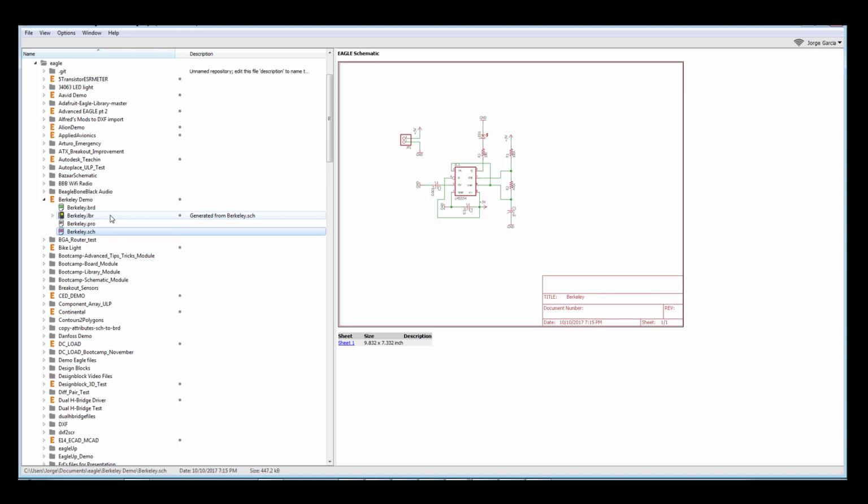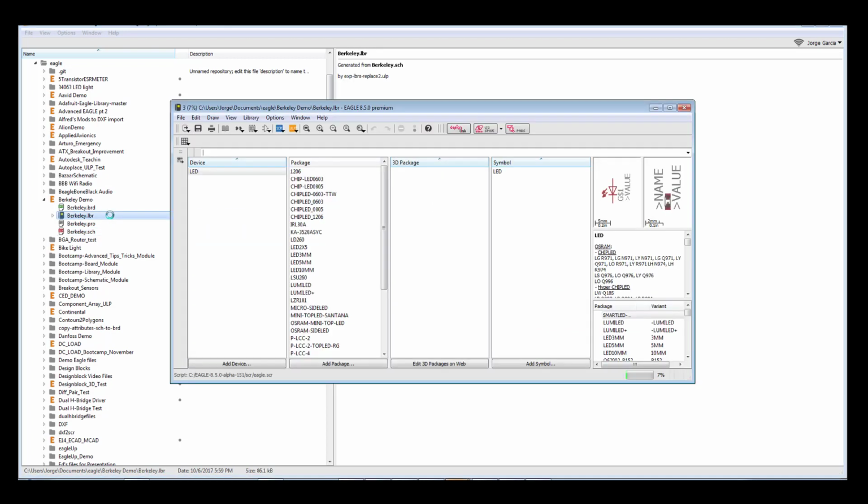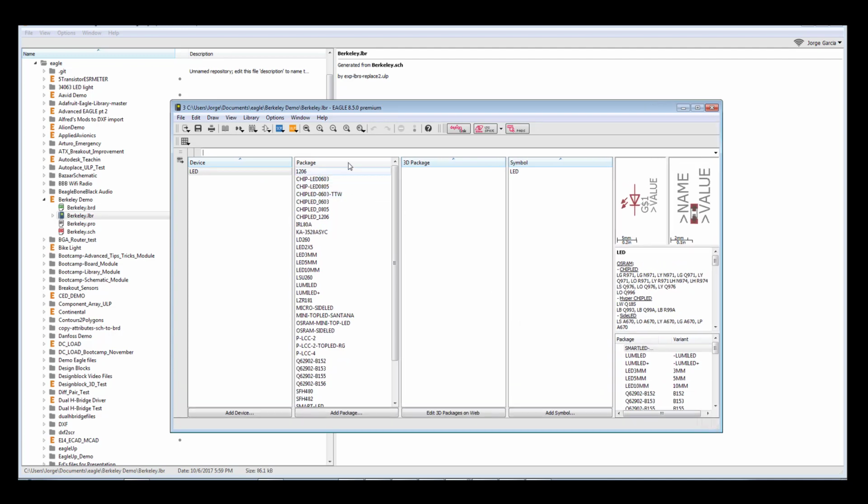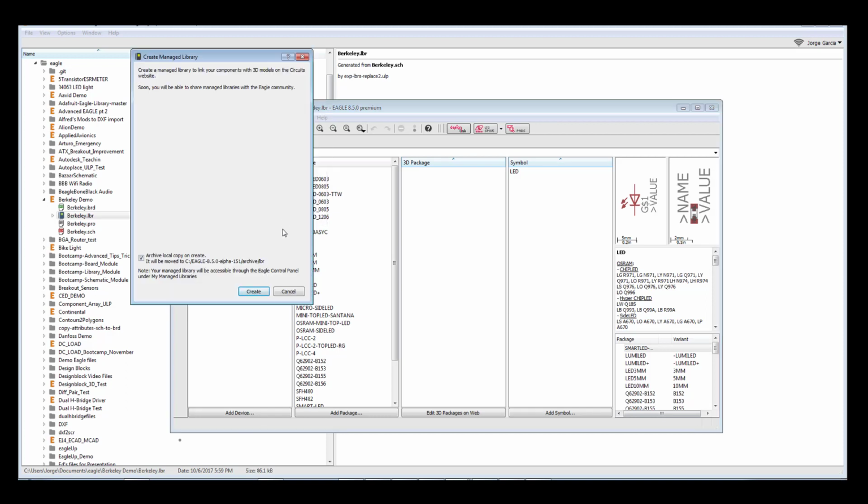And what I want to show you is the library. So this is a very basic library. As you can see, it contains one device, and that device has not been mapped. This is an unmanaged library. The way you can tell is that there's no mention of managed library and there's no version number. So to create a managed library, very simply, you go Library, Create Managed Library, and you'll notice that you get